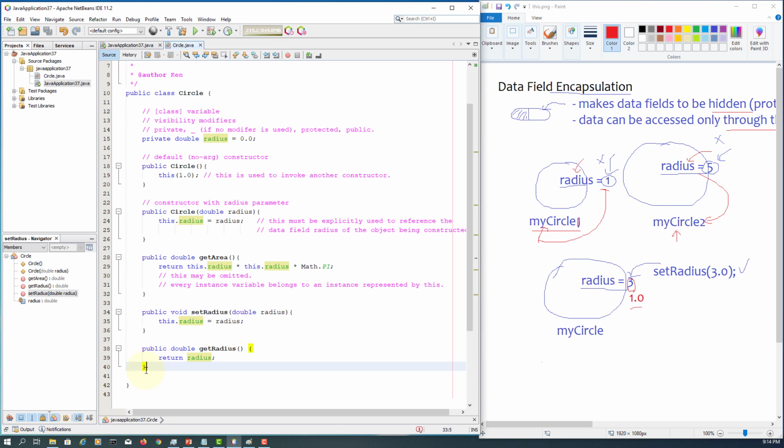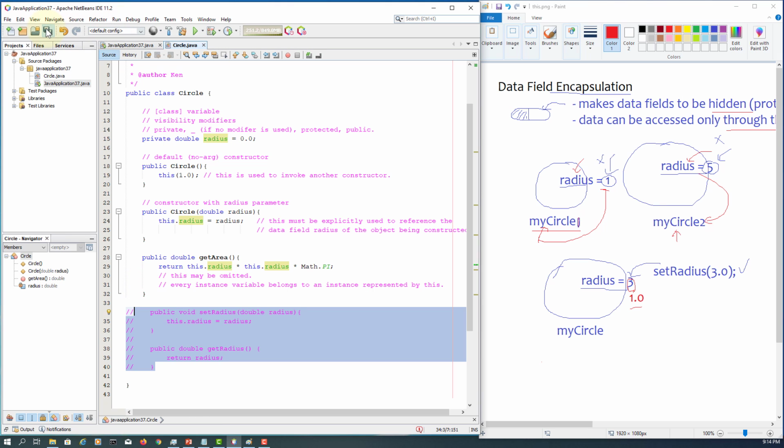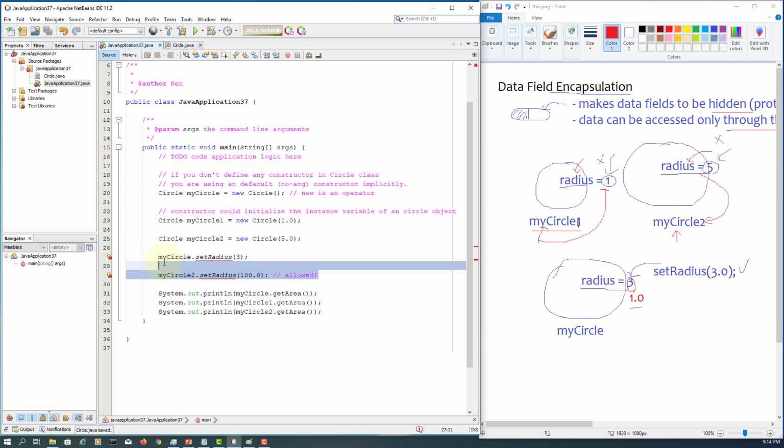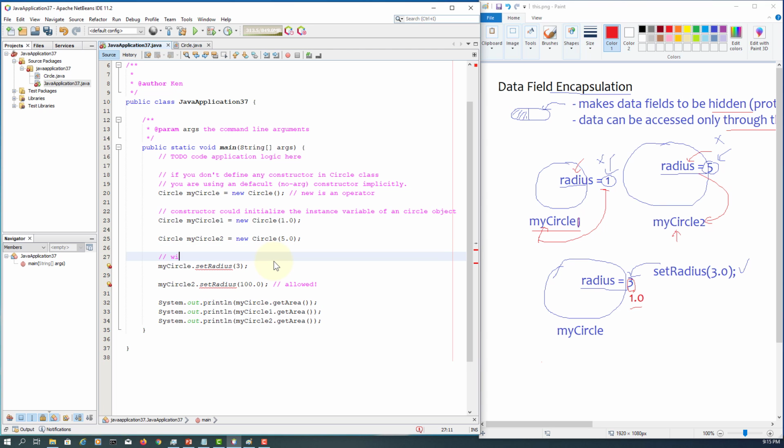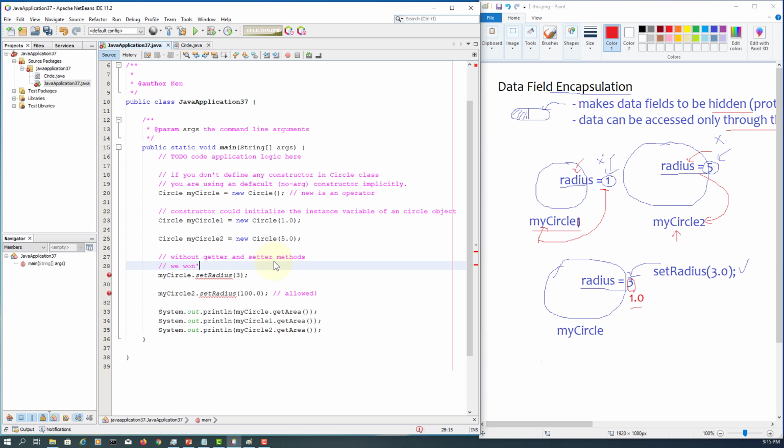So let's look at here. What if we don't have these methods at all? That means our object becomes immutable. It means that we won't be able to change the data belonging to that object. So if you're looking at here myCircle and myCircle2, without using those two methods called setRadius on myCircle or setRadius on myCircle2, now we have no access to the object's value or the object's data,